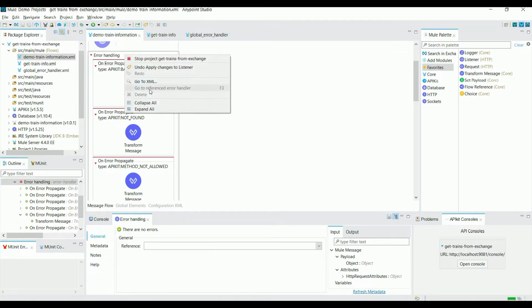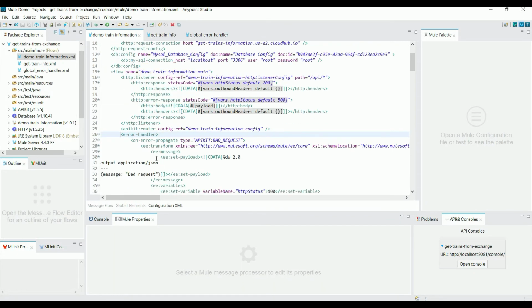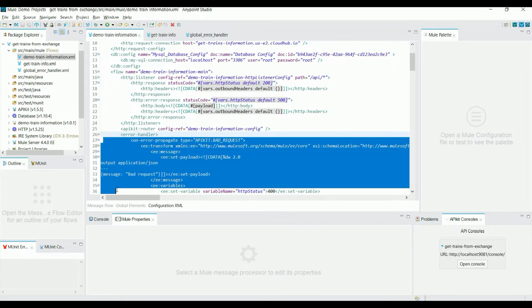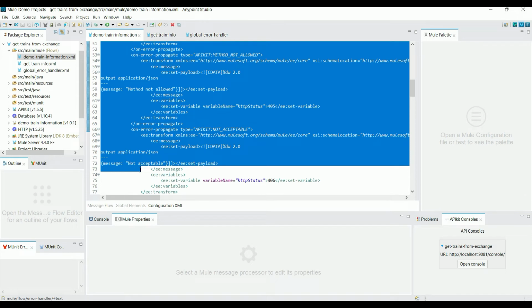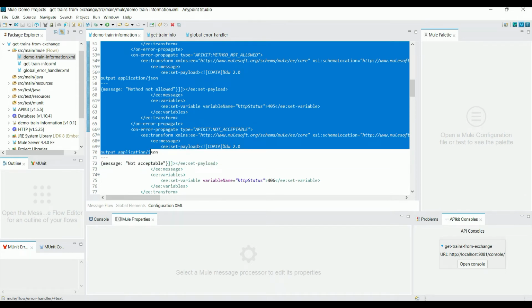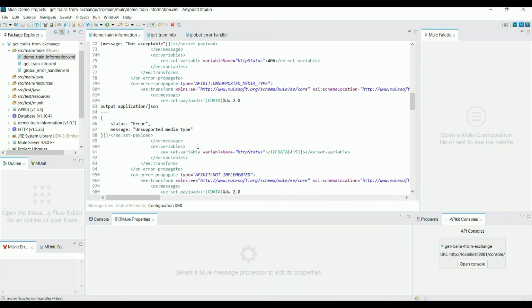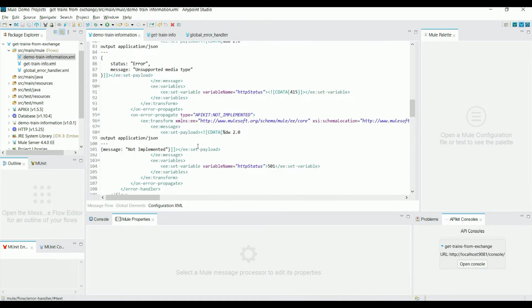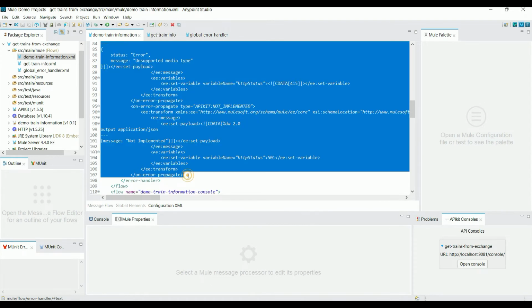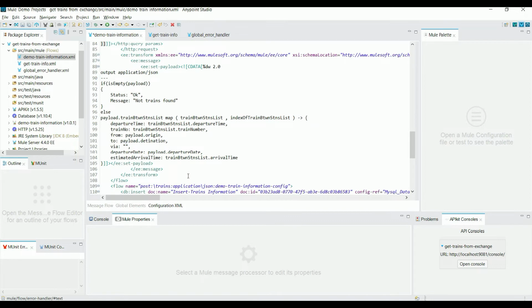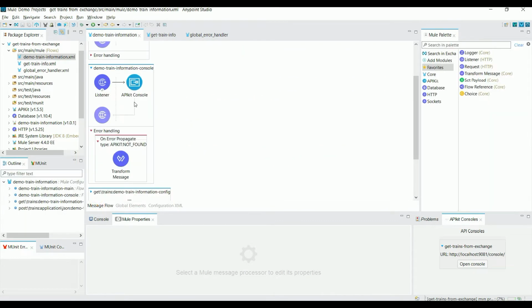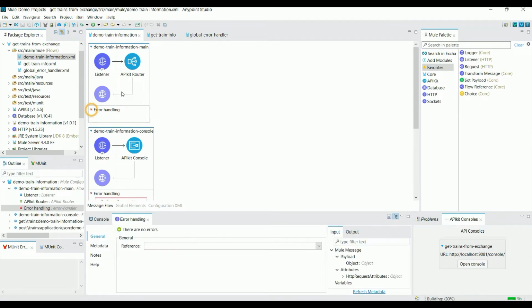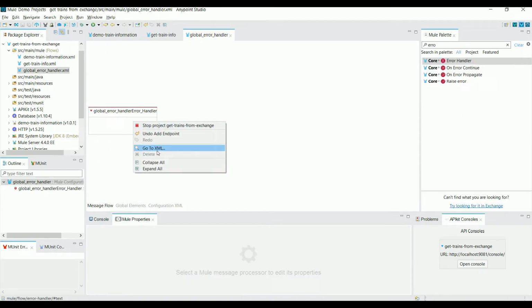So let's go to XML and copy all the on error propagate components. Let's copy everything that is inside error handler, till here we can cut, save it, and let's see what's there in the message flow. In the main flow we can see that there is nothing, right? Because we have